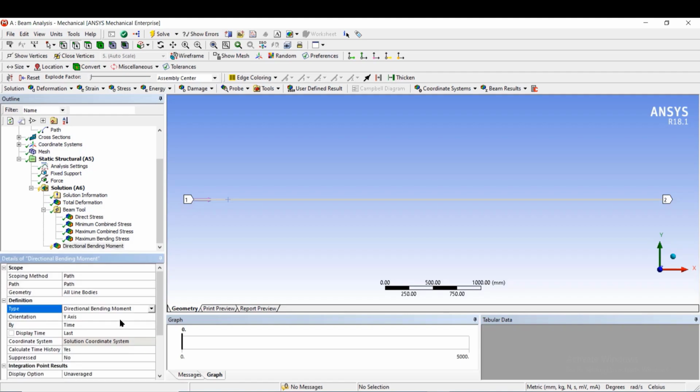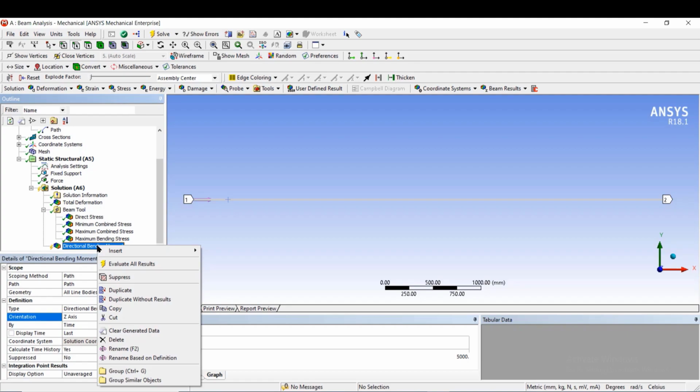So select direction of bending moment. Orientation, in this case the bending of beam may take place about the z axis. So select z axis here in the orientation. Everything is now set. We can go for obtaining the direction of bending moment. So click on direction of bending moment, right click, evaluate.